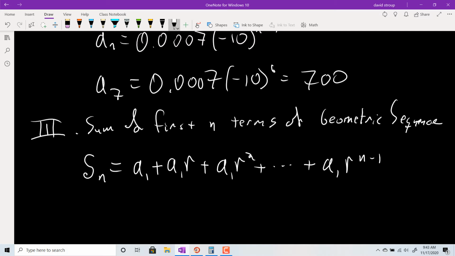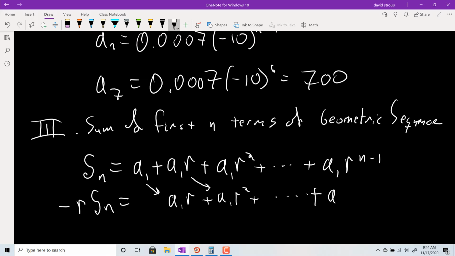And then what we're going to do is this clever trick of subtracting r times s sub n. Okay? So r times s sub n, you're just taking s sub n and multiplying everything by r. So instead of a sub 1, you'll have a sub 1r. And we're going to realign them. If I multiply s sub n by r, I get, first off, a sub 1r. If I multiply a sub 1r by r, I get a sub 1r squared. If I multiply a sub 1 r to the n minus 1 by r,